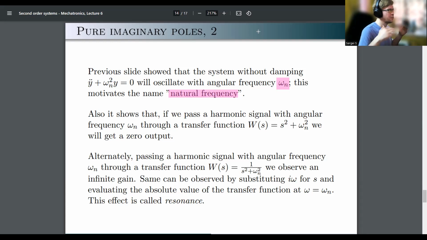So the system will just go up and down without any help from outside. And this is called natural frequency. That's why it is natural, because it is natural to the system. It is not driven by outside sources. Okay. Now it shows that if we pass a harmonic signal with an actual frequency omega n through this transfer function,